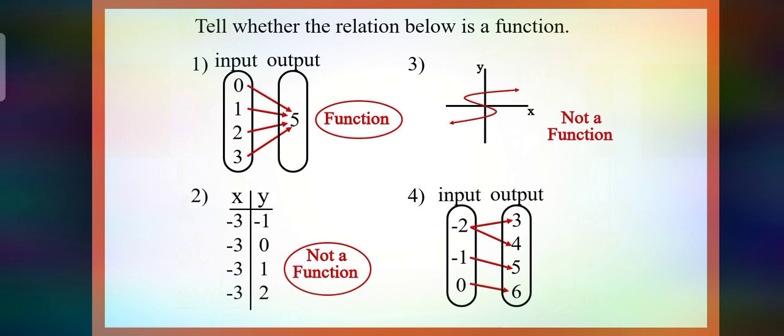Number 3, by vertical line test, it only proves that it is not a function since it touches the graph 3 times on a vertical line test. For number 4, again, last, the example is not a function. You try to look at the input. Negative 2 has the output of 3 and 4, while negative 1 has the output of 5, 0 has the output of 6. Remember,